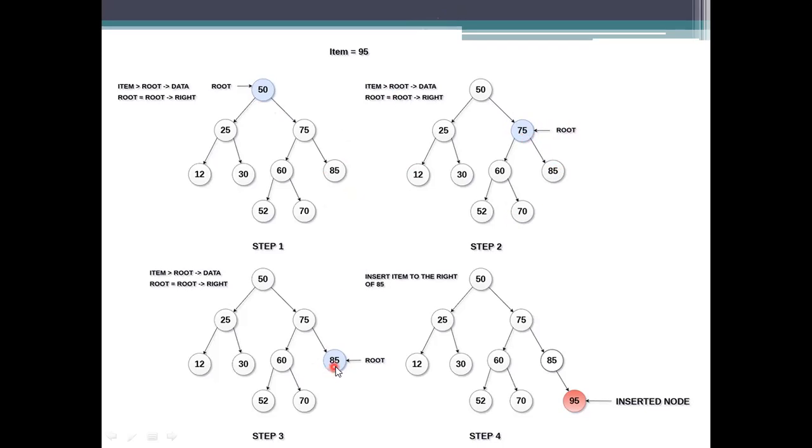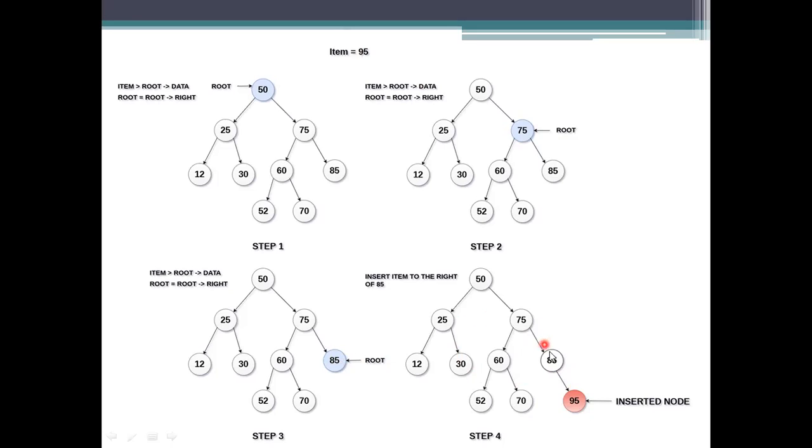Now here, the temporary root value is 85. Now see, is it having any children? It is not having any children. It is a leaf node. So compare the value here first and then see if it is a leaf node or not. The value we are using here is 85 as a temporary root, and the value to be inserted here is 95. Compare these two values, 95 is greater, and greater means to be inserted at the right side.